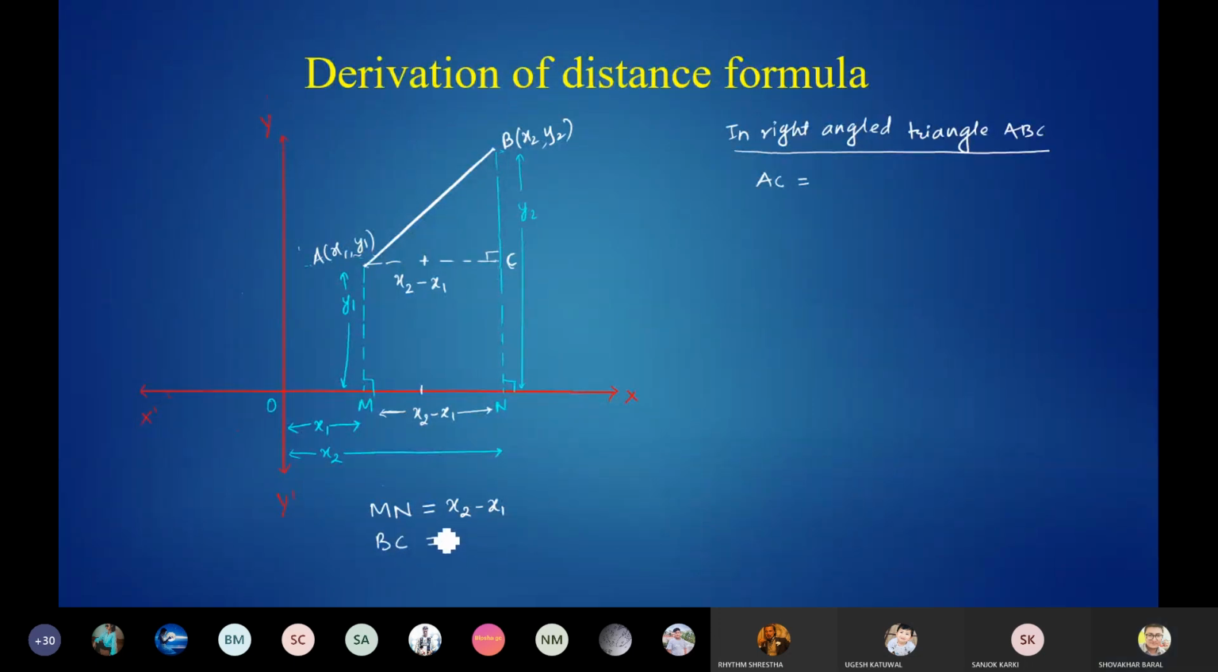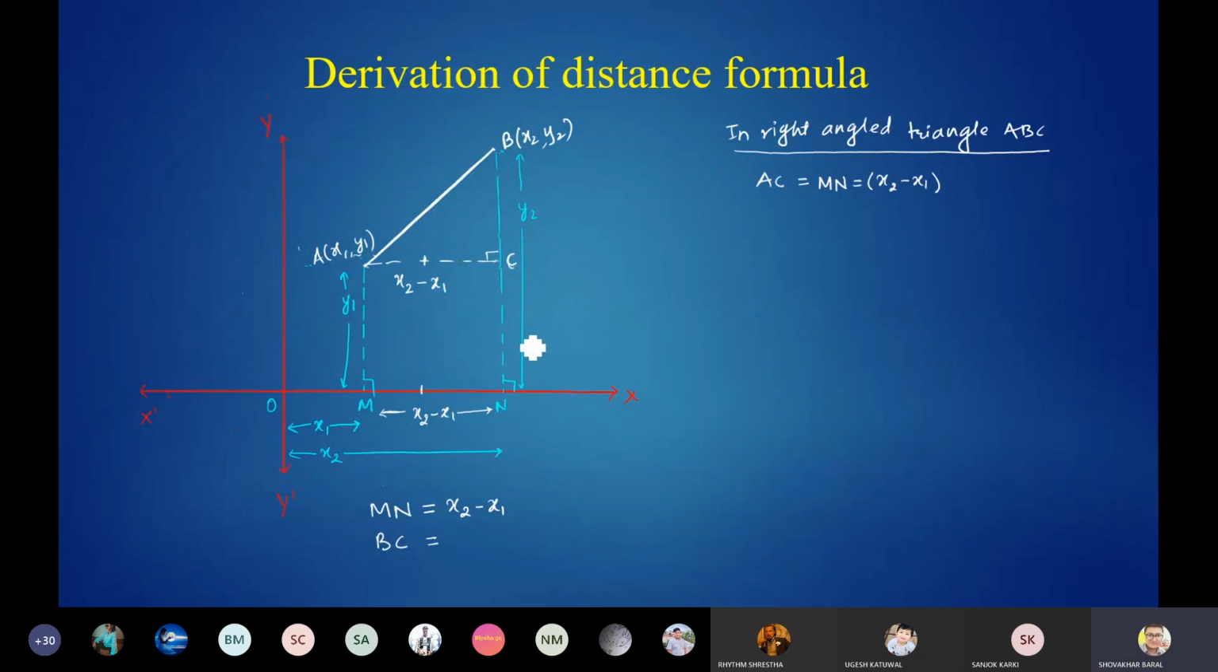Okay, MN and AC are equal, so you can simply write AC equals MN equals x2 minus x1. So let's find BC again. To find BC, we know the distance between B and N. The distance between B and N is y2. It is given here as y2, and the distance CN, since it is y1 here, it also must be equal to